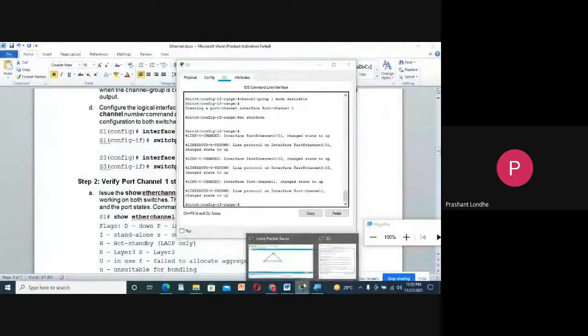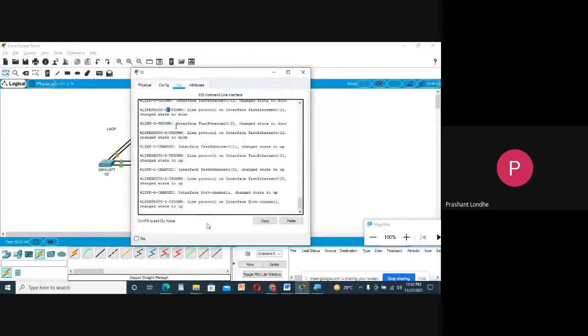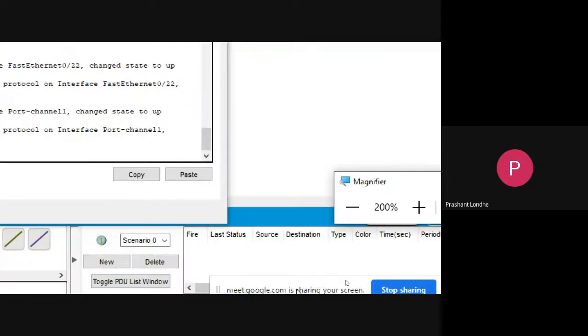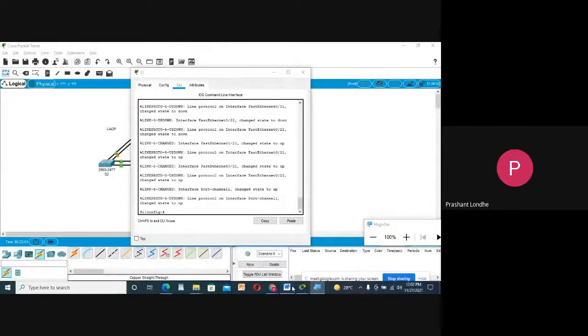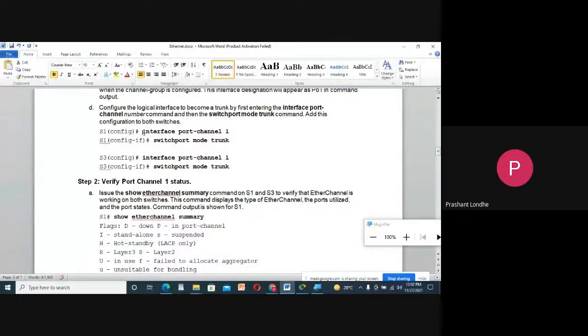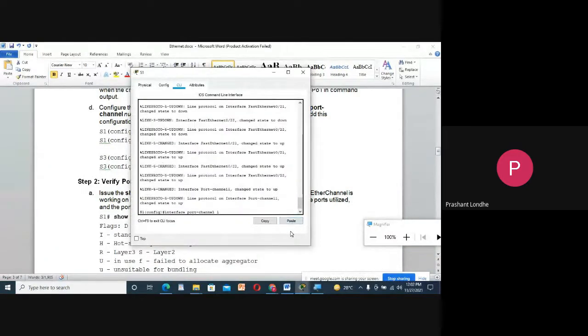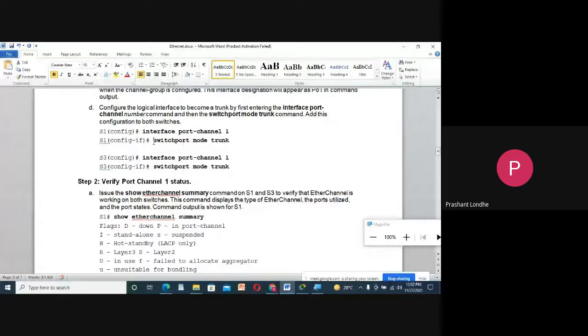So I will go to the switch S1 again. Here I will just copy these lines. For S1: interface port-channel 1 and switchport mode trunk.